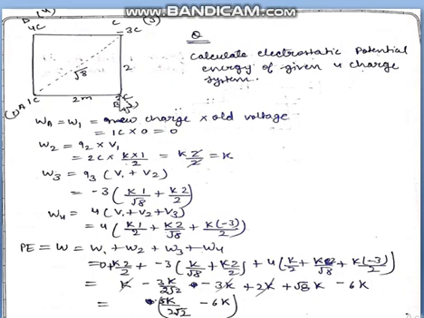Now in the same manner we will solve the work for bringing the 2 coulomb charge here. We can call it W2, work second, which is new charge times old voltage. The new charge is 2 coulomb which we have brought, but before 2 coulomb, 1 coulomb charge was already present, which can make a voltage here.